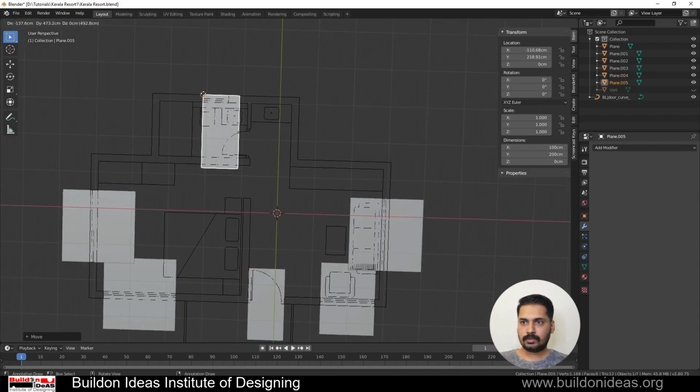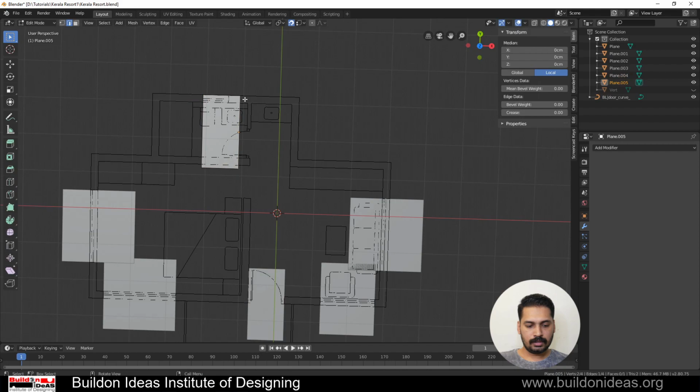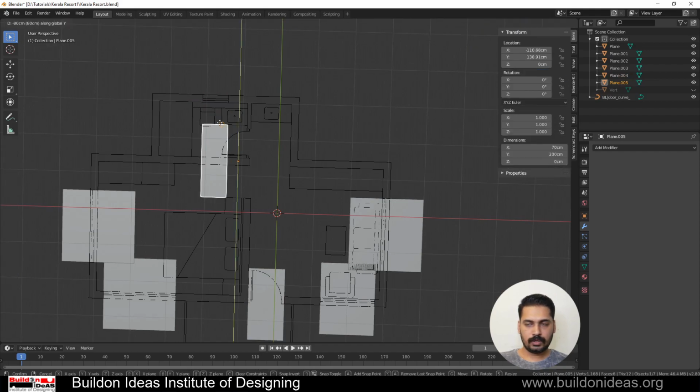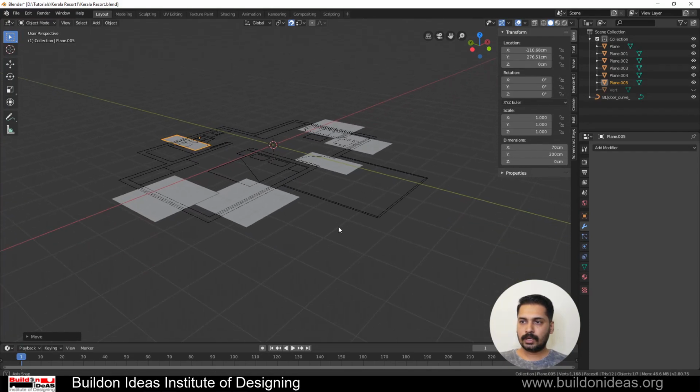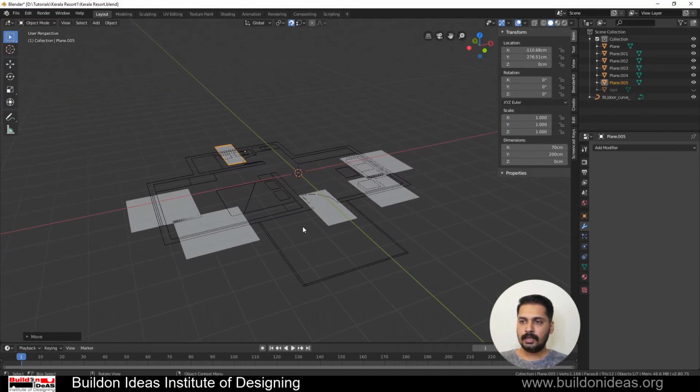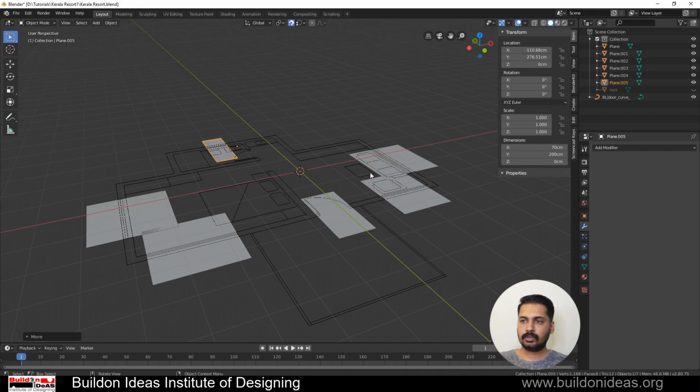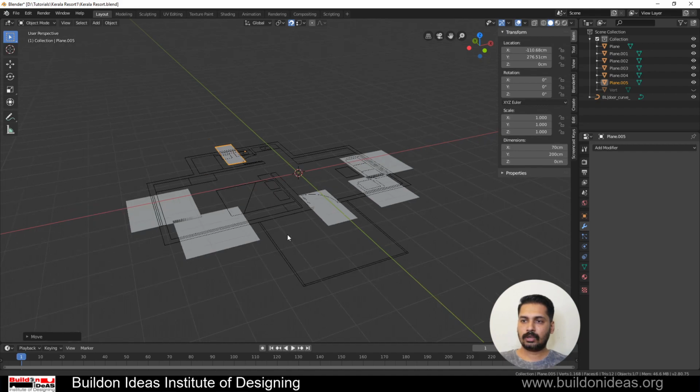Same way I'm doing this ventilator also. G and then move it to the position. So now you have all the windows and ventilator doors, everything in place. Now what you have to do is extrude these and position it to have the window